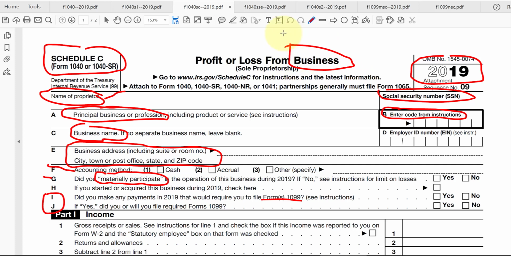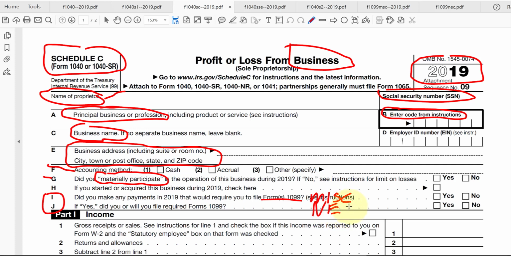So, the common form that may be issued is Form 1099 miscellaneous, if you're paying an independent contractor, if you're paying another business for services and that other business is not a corporation. Now, beginning for the year 2020, there's a comparable form that needs to be filled out called 1099 NEC